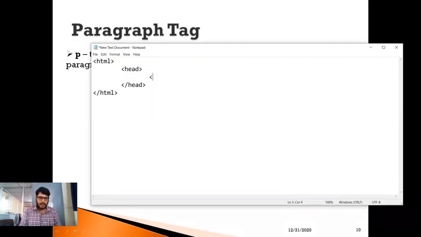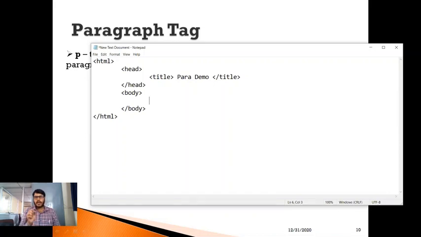Okay, so now let me use the title tag. Now I'm going to include a para demo. Let me close this title tag here. So now I'm going to include a body tag, and let me close this body tag here. Within the body tag, now I want to place some paragraph text.